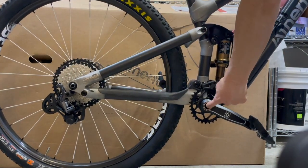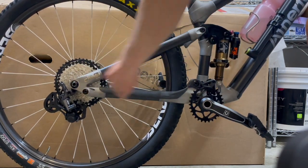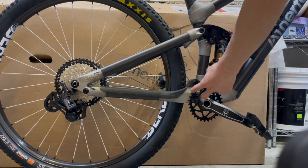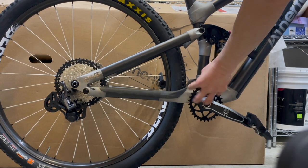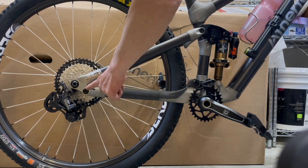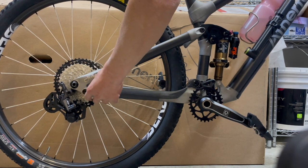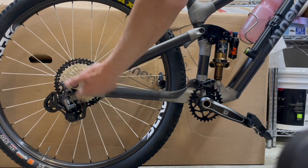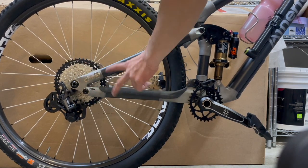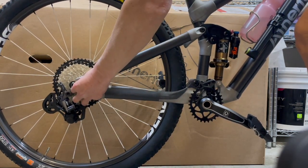The chainstay length does grow from the bottom bracket center to axle center. So actually that's a good thing. So that's the advantage of the Dave Wiggle linkage right here, and the horse link. Because the purpose of the horse link is not just to separate the pedal forces from the brake forces, so those two become separate from each other, but also